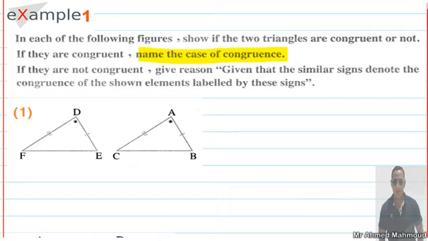Here, in this triangle, we have AB congruent to DE, and this is a side, and DF congruent to AC, this is another side. The angle included between the two sides here is A, and the angle included between the two sides here is D, and the two included angles are congruent. Then the two triangles here are congruent. Okay, then I can say that triangle ABC is congruent to triangle DEF